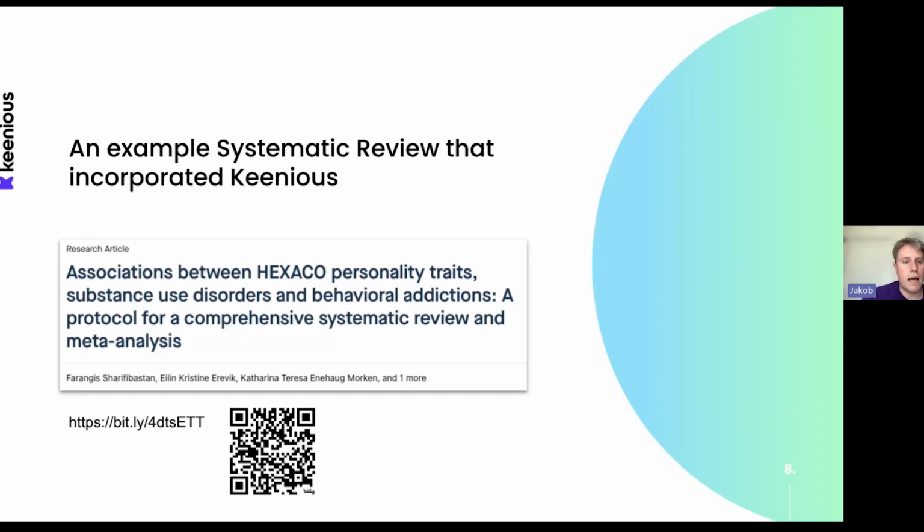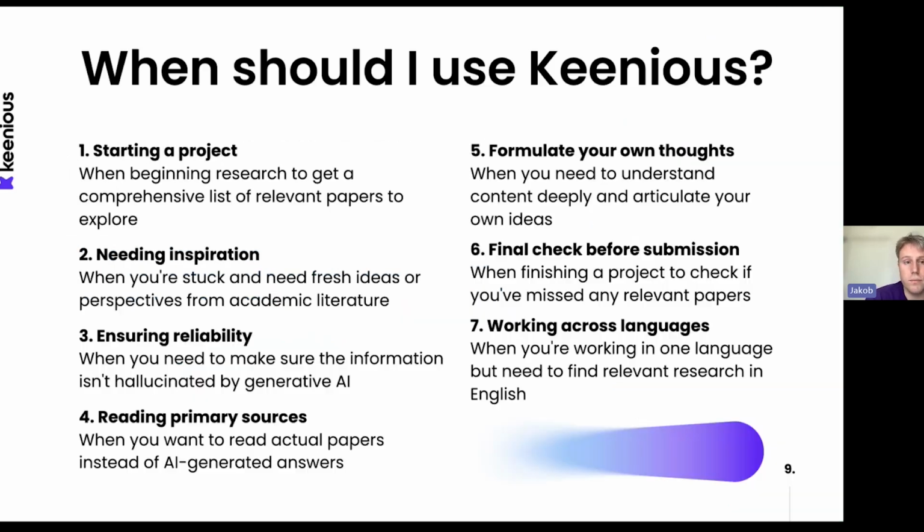And here's an example of one way of doing it from a protocol in psychology, talking about personality traits. And she actually used Keenious to find papers that were hard to find through traditional search engines. But just to summarize some of the times when you should use Keenious, we have seven different